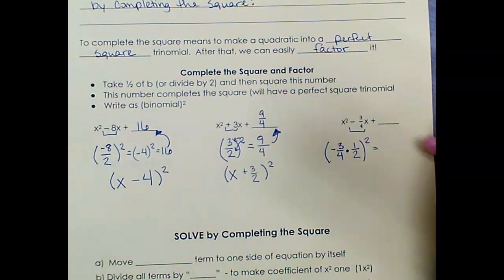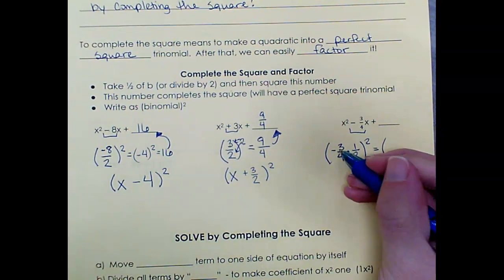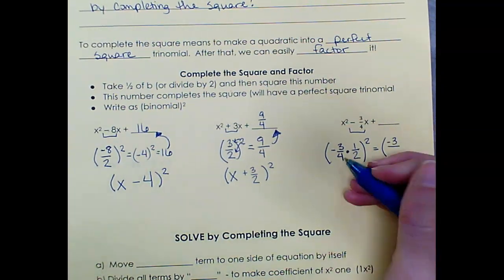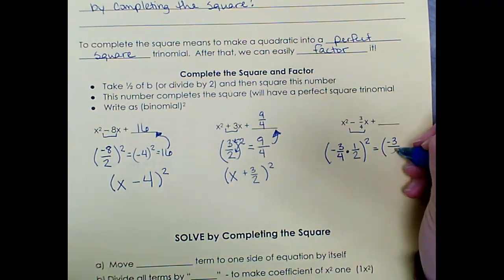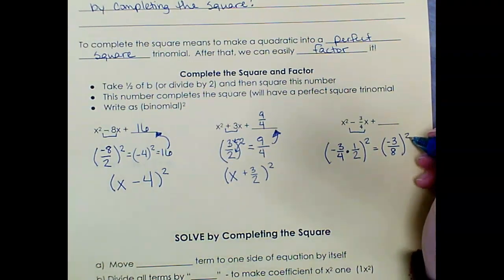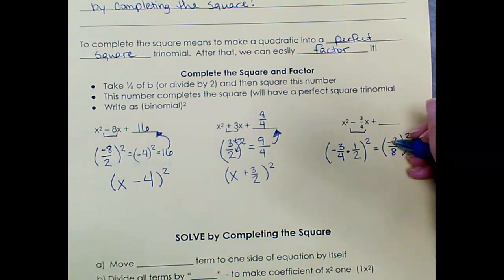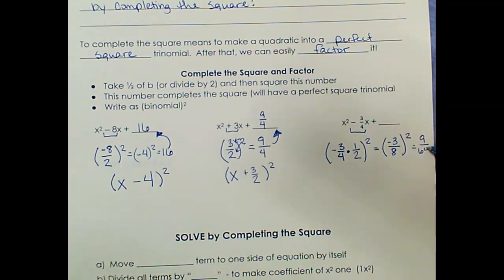Okay, so let's see what we have. Top times top, negative 3 times 1, that's negative 3. Bottom times bottom, 4 times 2, that's 8. And if I square it, well, that equals negative 3 squared, which is 9, and 8 squared, which is 64. So that's what completes the square,